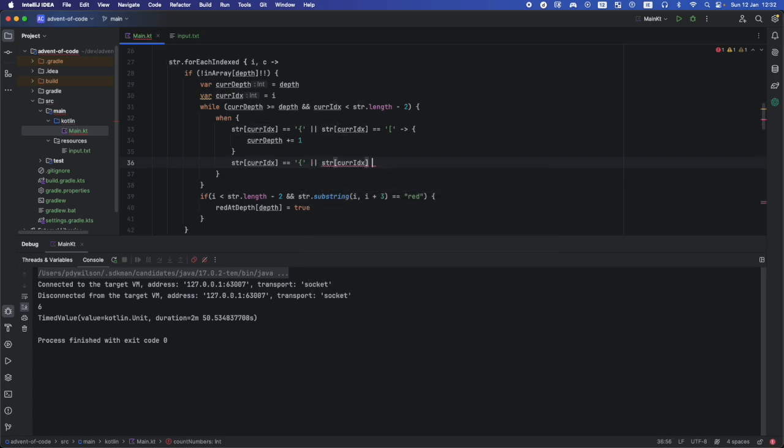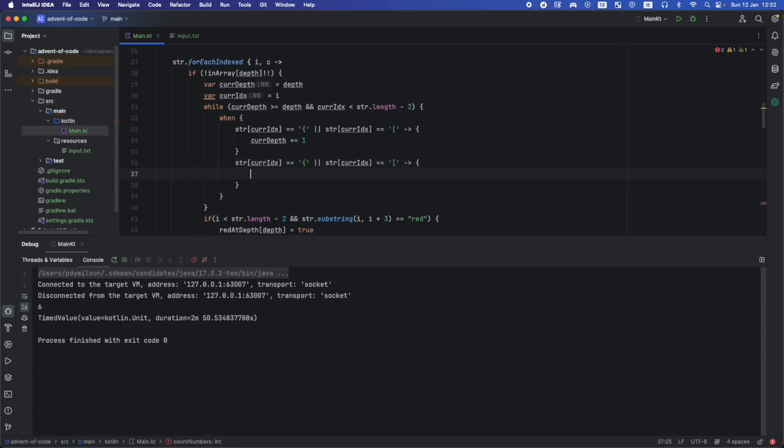Per index equals this. Minus equals 1, so we go higher again. If we close it, and then if